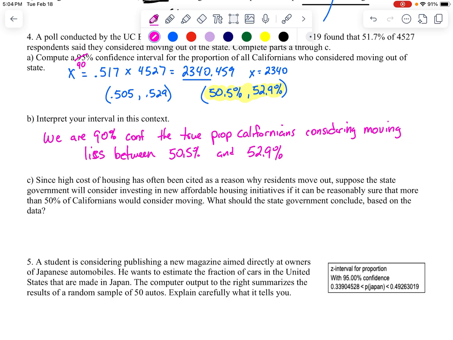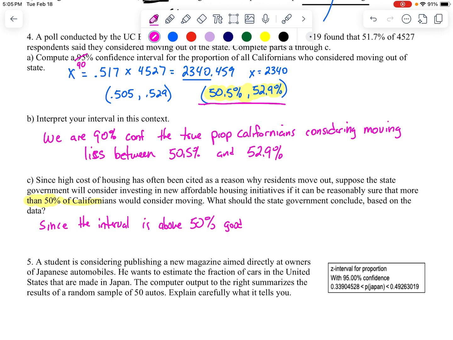And lastly, on this problem, since the high cost of housing has often been cited as a reason why residents move out, suppose the state will consider investing in new affordable housing if it can be reasonably sure that more than 50% of Californians would consider moving. What should the state conclude based upon our data? Okay, so we created an interval. That interval lies above 50%. So since the interval is above 50%,